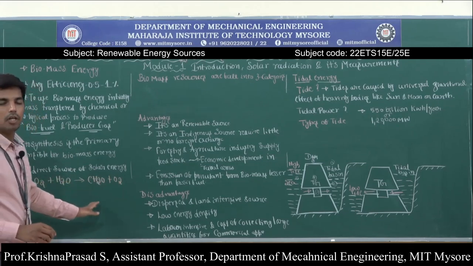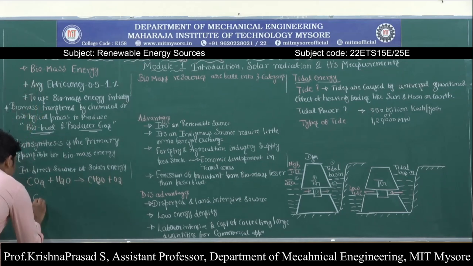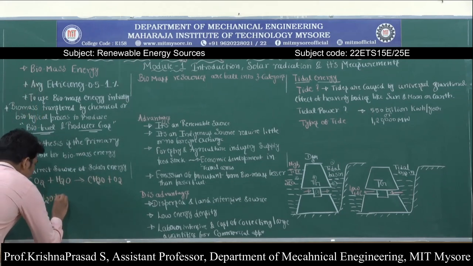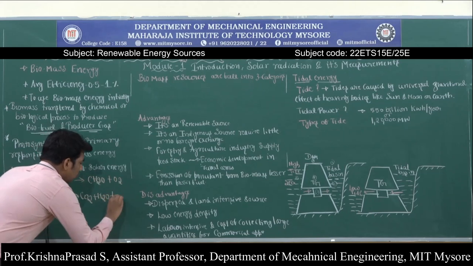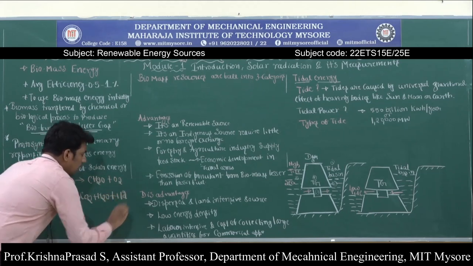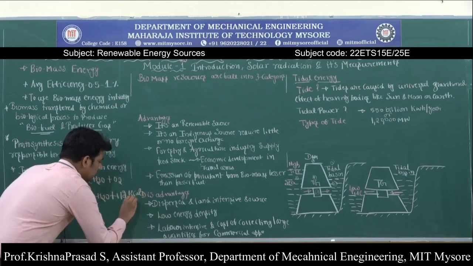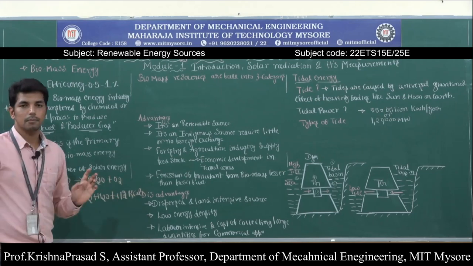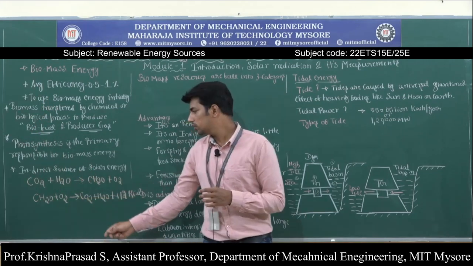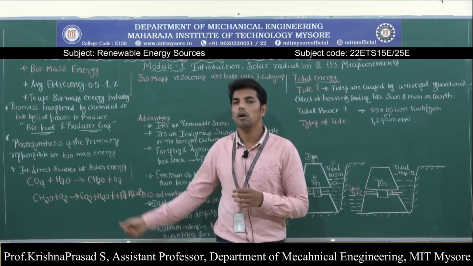When these molecules are heated at a higher temperature, they break into carbon dioxide plus water molecules again, along with the liberation of energy of 112 kilocalories. Okay, so this is the simple reaction regarding photosynthesis, which is primarily responsible for biomass